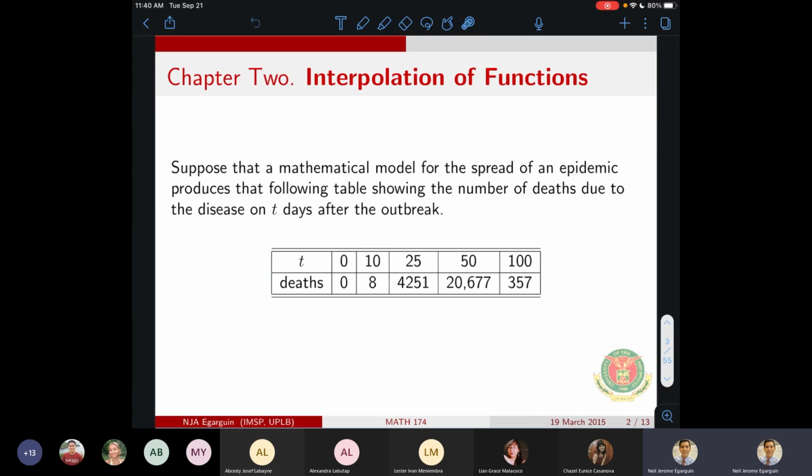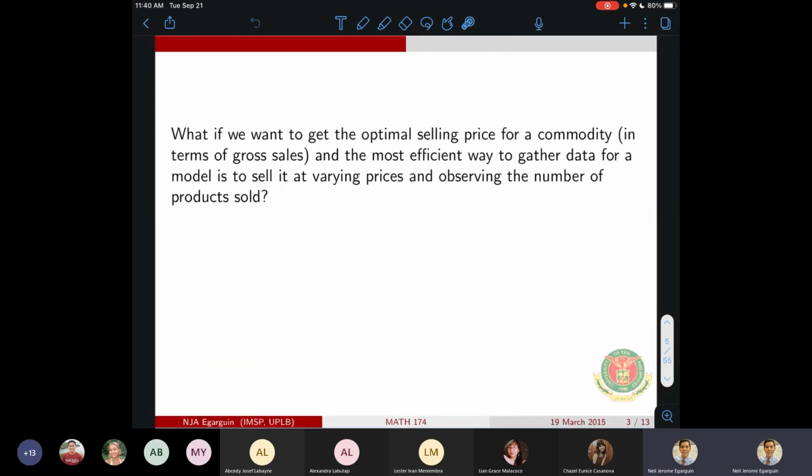data set because we were trained to work with certain nicely behaved functions, right? So kaya lang ang problema, hindi nga ganoon yung nangyayari sa tunay na buhay. Usually we just get at most a discrete set of data such as these. Or halimbawa, kung maalala nyo sa Math 36,